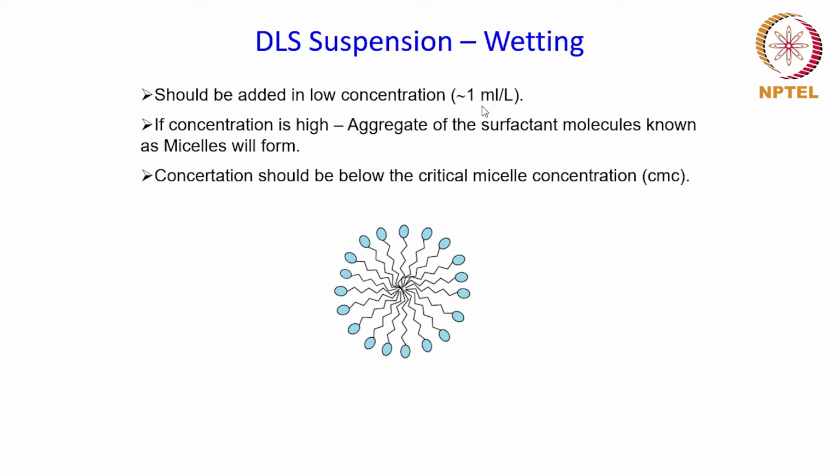That can be understood from this particular image over here, where you can see a lot of these surfactant molecules coming together and forming an aggregate like this. Okay, so if the concentration is high, instead of attaching to the particle surface, these surfactant molecules would rather attach to each other and form an aggregate like this,